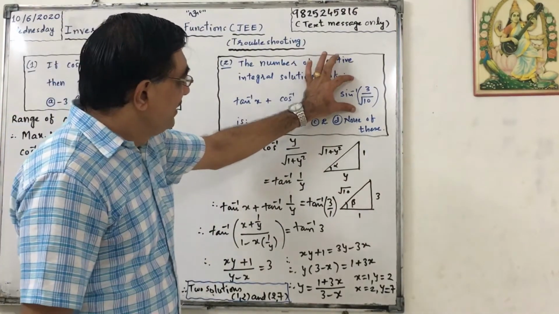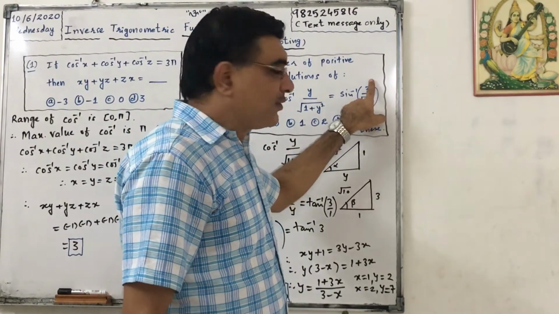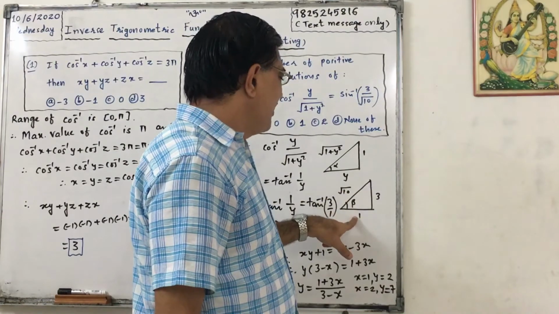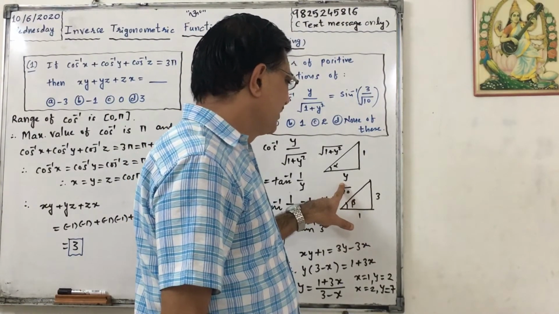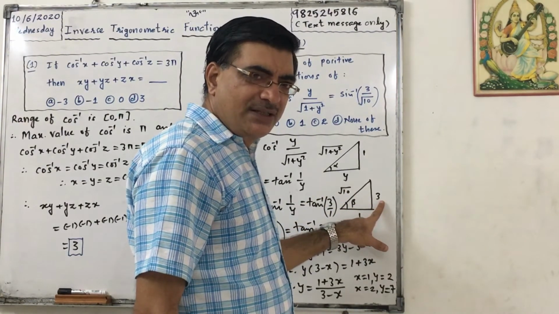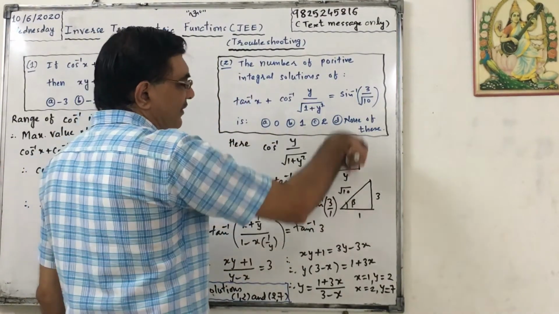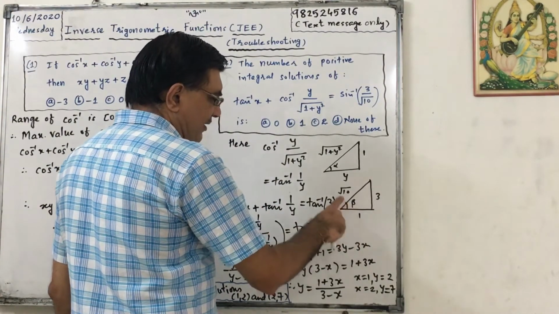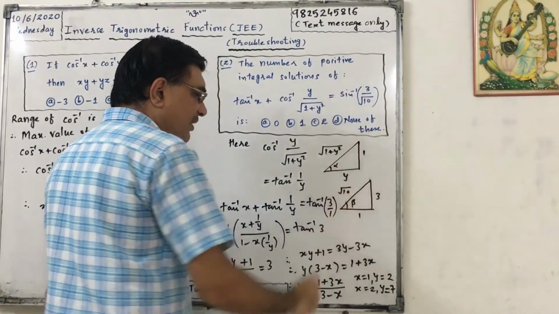Now for this, prepare a right angle triangle. Sine inverse means sine is opposite side upon hypotenuse. So this will be, according to Pythagoras, 1. The square of root 10 is 10, minus the square of 3, that is 9, 10 minus 9 is 1, square root of it is 1. So the tan inverse will be equal to opposite side upon adjacent side, so tan inverse of 3 upon 1. For sin inverse of 3 by root 10, we can write tan inverse of 3 by 1.